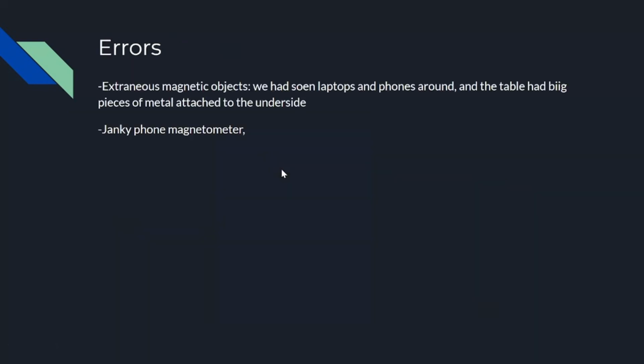So some possible errors that could have been caused in this experiment would be from the extraneous magnetic objects present in the room. We had some laptops and phones around. We tried to keep them as far away as possible. And the table had big pieces of metal attached underneath that we couldn't remove. And then there could have just been issues with the janky magnetometer in the phone, but nothing you